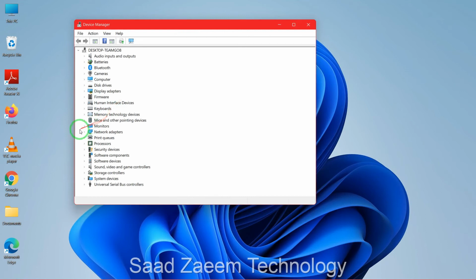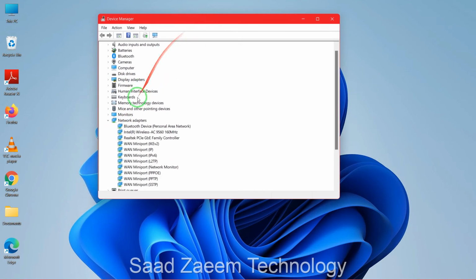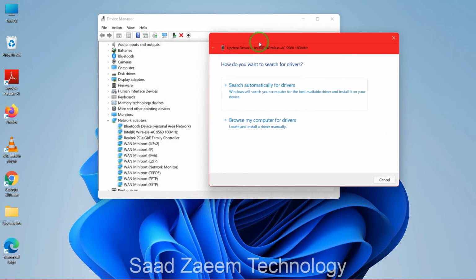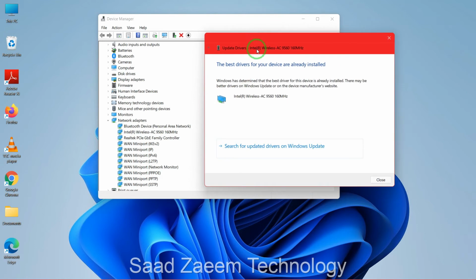And now over here you'll have to click on the small arrow beside network adapters, and over here you'll see this option which says wireless Intel, but for you it could also be some other brand, but you'll have to make sure it says wireless, or it could also say network adapter. So basically you'll have to click on your network adapter or your wireless network connection. You'll have to right click on it and then click on update driver, and over here click on search automatically for drivers, and if it's already installed, the best drivers are installed for you,